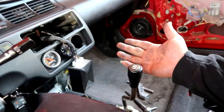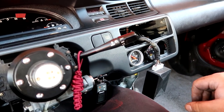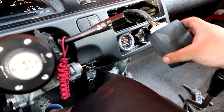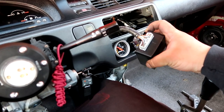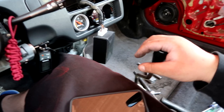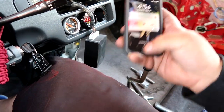Guys, so because this is a race car, right, and our local track does have the intercom and their own radio station, I told Paco, hey, go grab my Bluetooth module for my CRX, and I was like, the plug looks the same. So I plugged it up, and sure enough, it is the same. And we're not sure if his speaker works right, but I was like, you know what, let's try it anyway. So turn the key on, Bluetooth comes on,